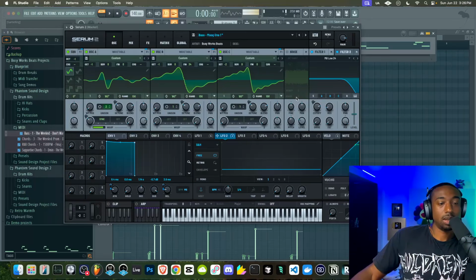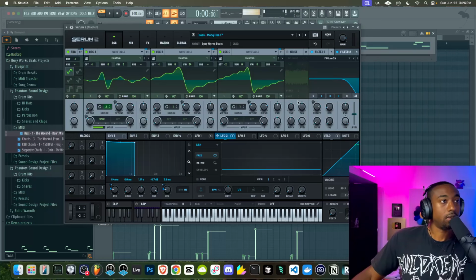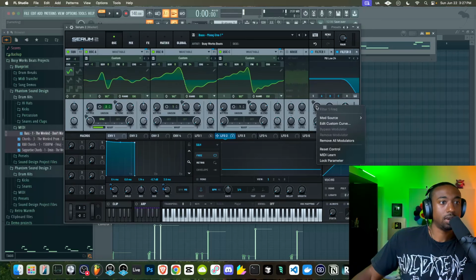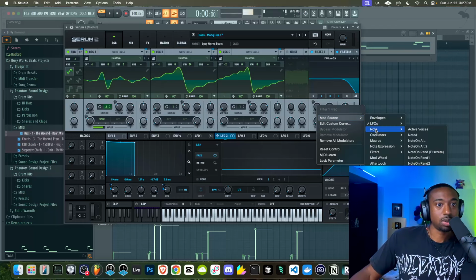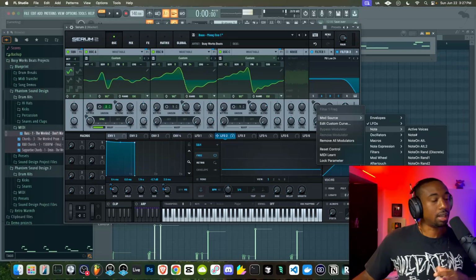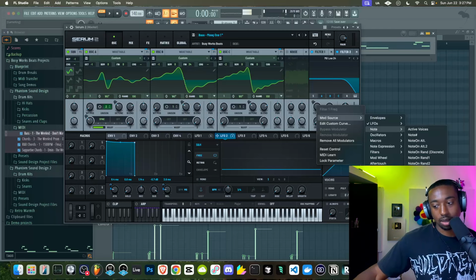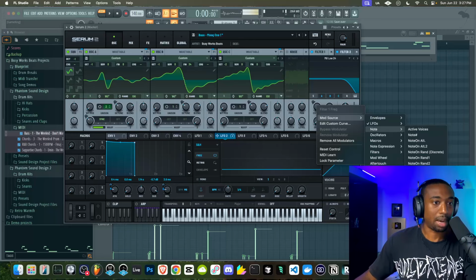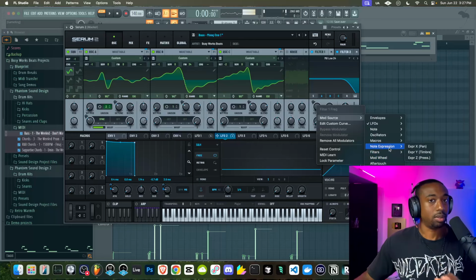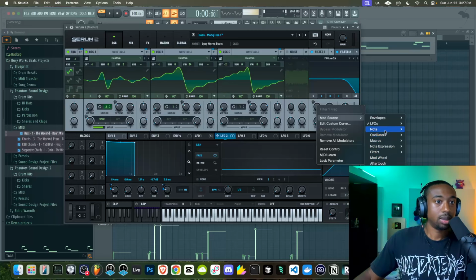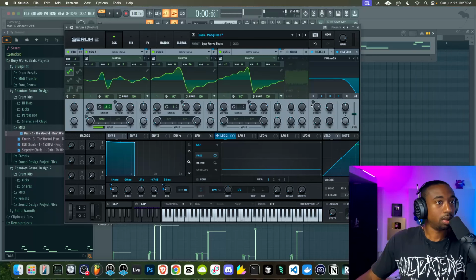Another thing we could do with velocity is control the cutoff filter. So we could do the same thing in the Matrix, or you could just right click the filter cutoff, go to mod source, go to note, and then velocity. Or you could assign this to the mod wheel. Again, I don't have my MIDI controller plugged up because I'm charging my other keyboard right now. But you guys can set this to velocity or even the mod wheel, which will allow you to manually express through the mod wheel. So that is another way to do it. But in this case, we'll just say we want the velocity to control the cutoff.